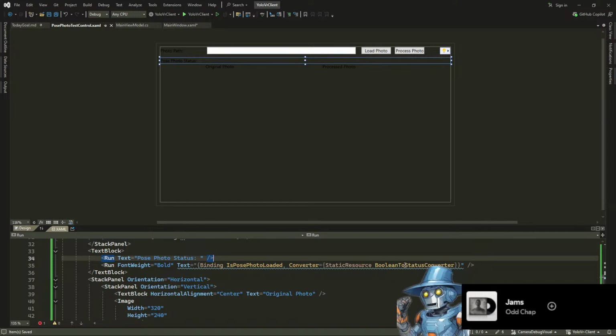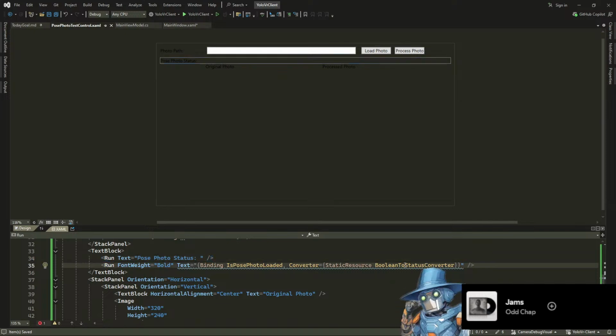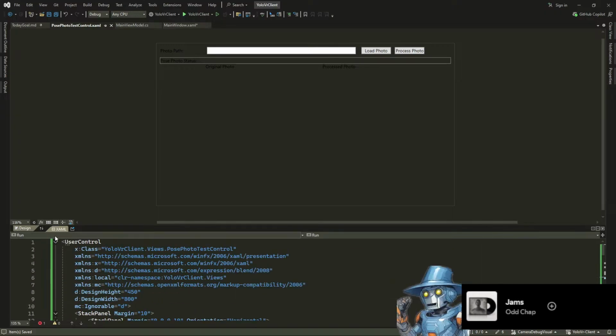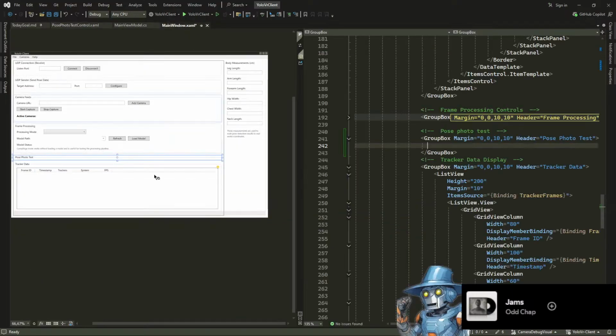Boolean status converter. What is a run? Interesting. First time seeing that kind of thingy. Okay, and this will be then